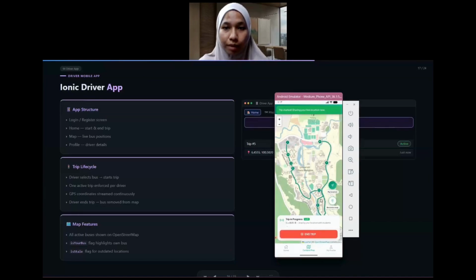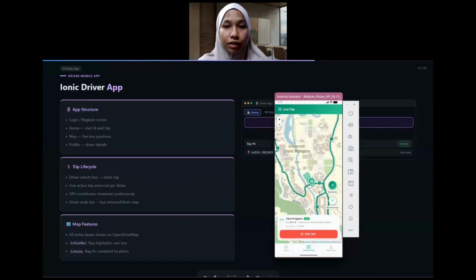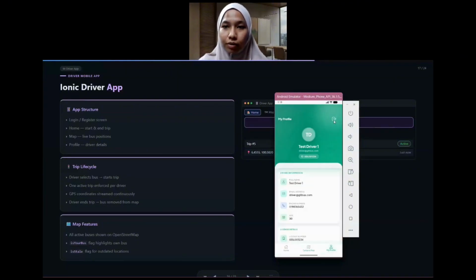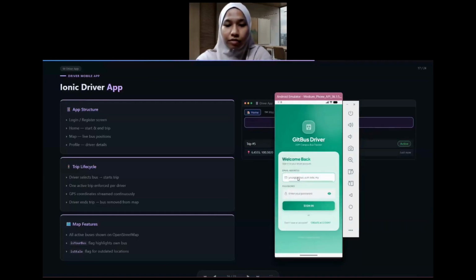Once the trip starts, the app will automatically detect the current location of that driver, for example, like this one. And this location will automatically update every 8 seconds to the server, and the real user, for example a student, can see the live location of that bus. For example, I will not end this trip for this first driver, which is bus B. And I will log out and enter the second driver